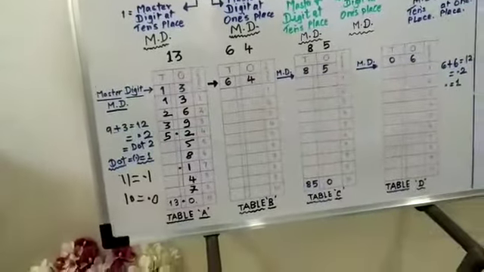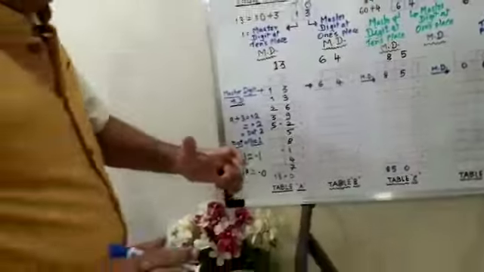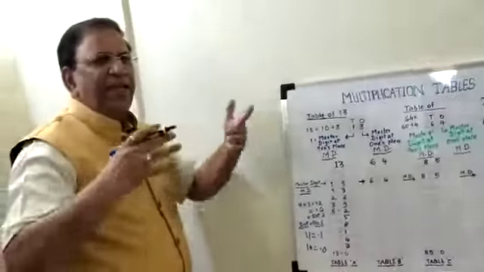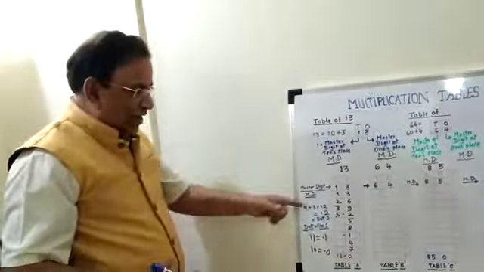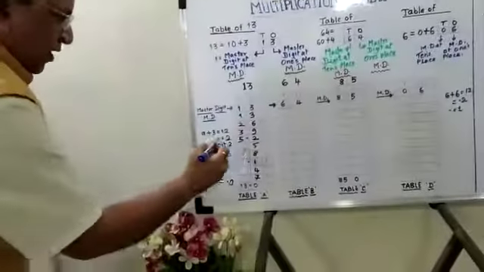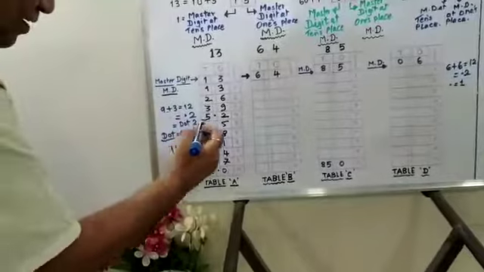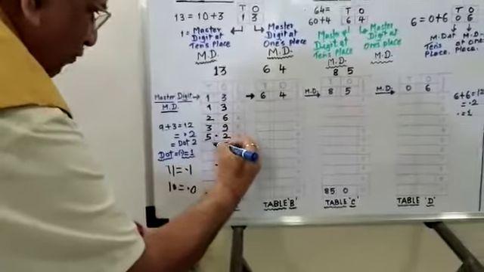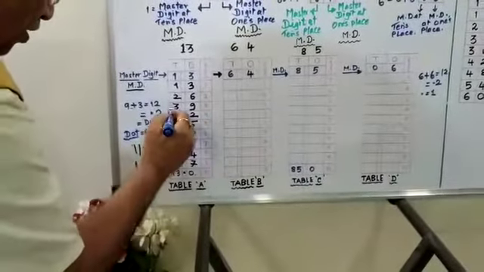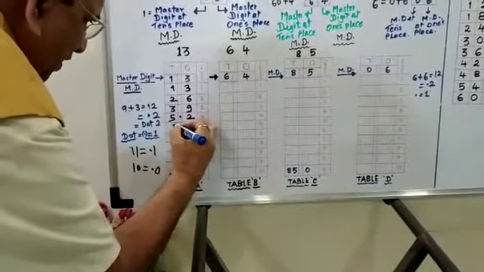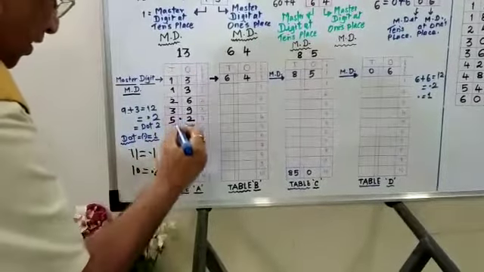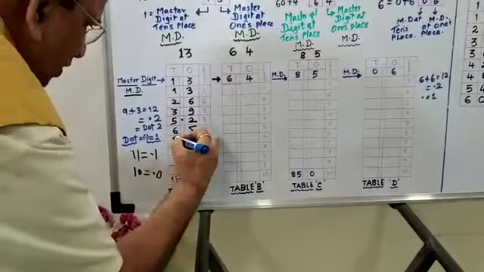Children, this is a very, very important step. Once you understand this, then you will be able to prepare any table of your choice. Whenever that dot comes, we have to add 1 at that particular level. So, again 5 plus 1. Is there any dot here? No. So 5 plus 1 is 6. 6 plus 1, 7. Any dot here? No. 7.